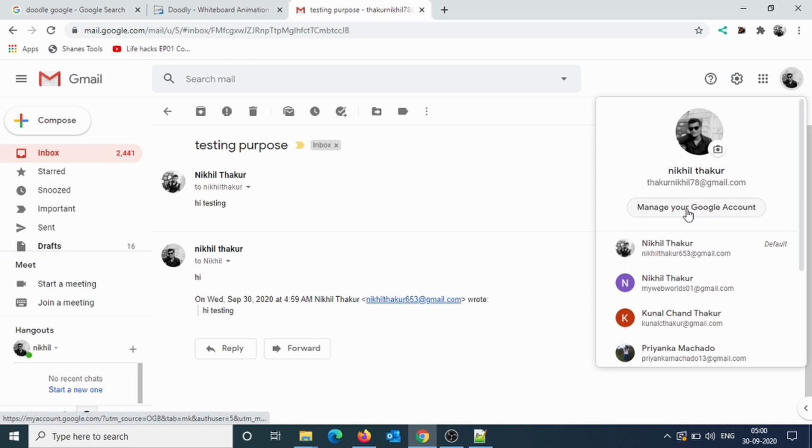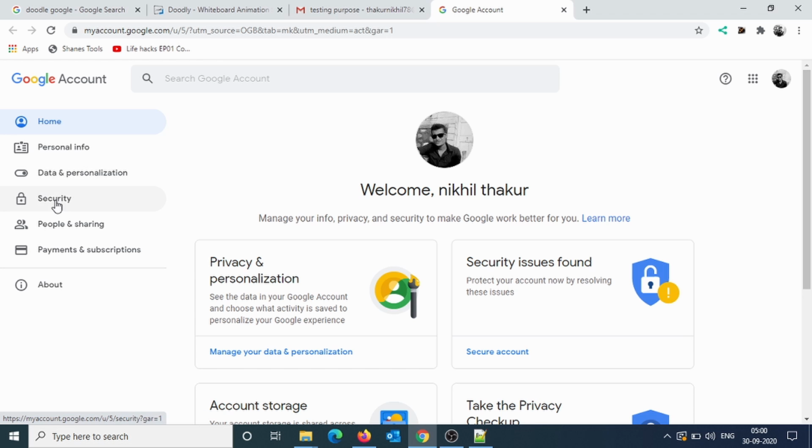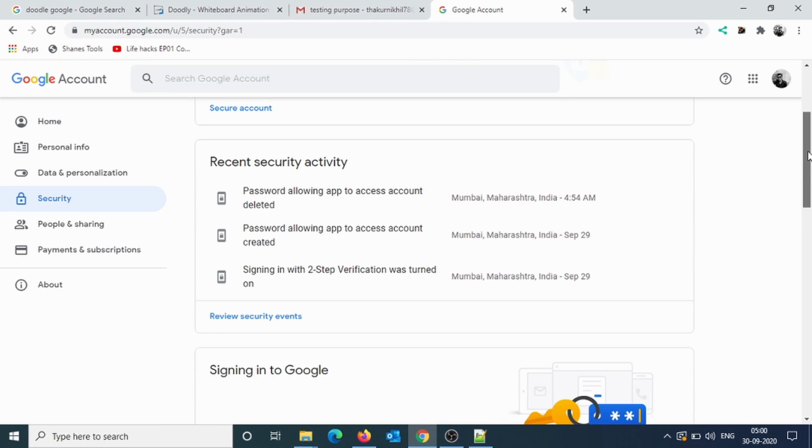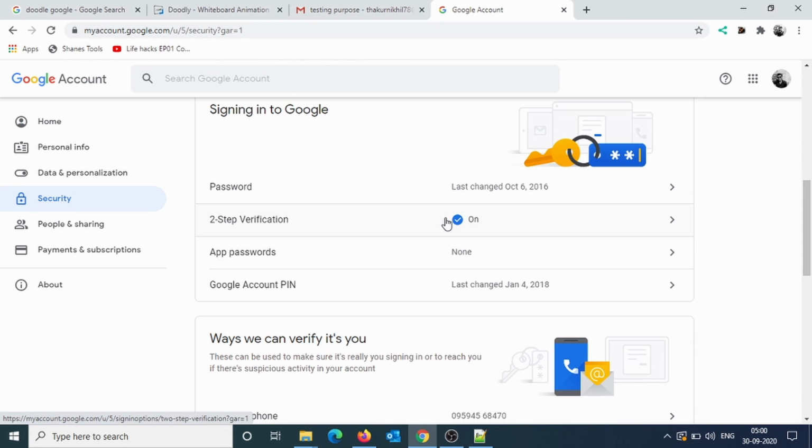verification of my Google account. So I'll click on Google account and I'll click on manage your Google account. And now I go to my security. Over here I have to turn on the 2-step verification process. This is a very simple process. For many of you this will be off. So to turn it on, you have to click here